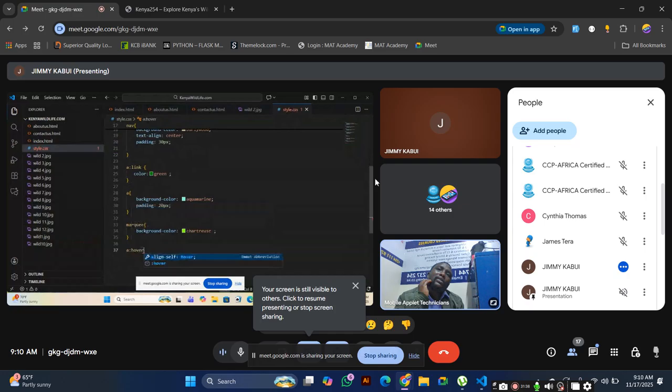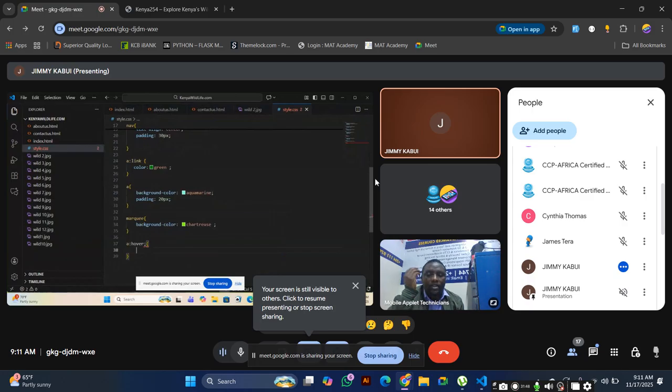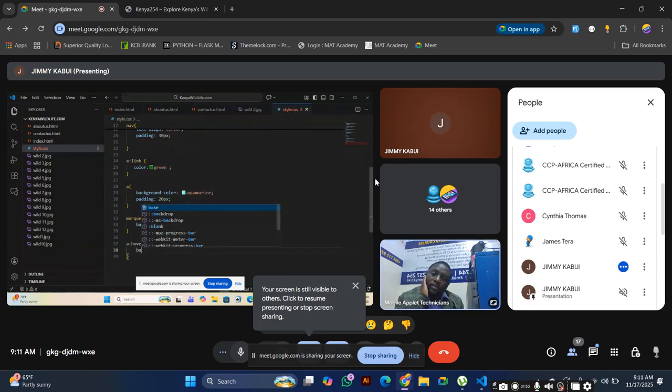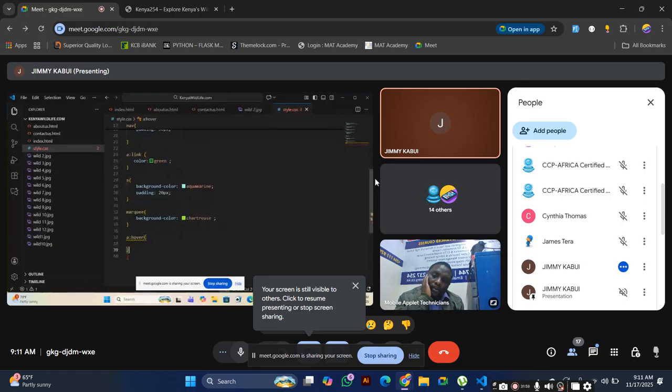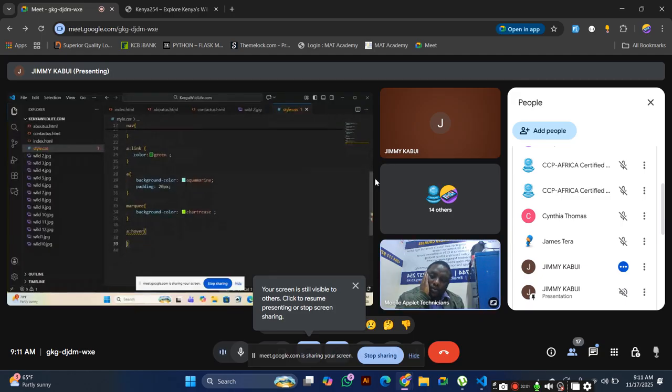Then you change the background color to something else. You cannot put a semicolon, then your brackets. You have an extra bracket there, remove. So now put a different background color.